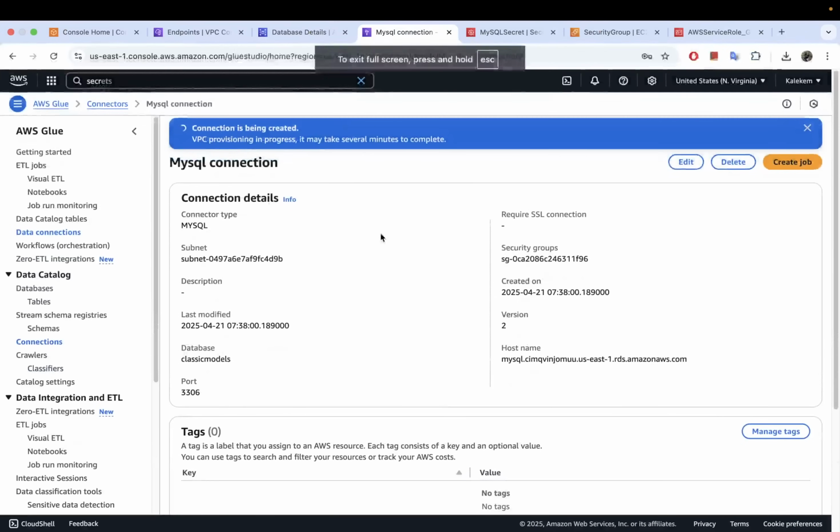So now once you do that, Glue is going to create these connections. You can see here, it's doing VPC provisioning. So it's basically going to set up everything and check everything, including the networks, the role that you're using, whether your database is created as well, the username and all of that. It's going to go through all of that process. And if all is good, then